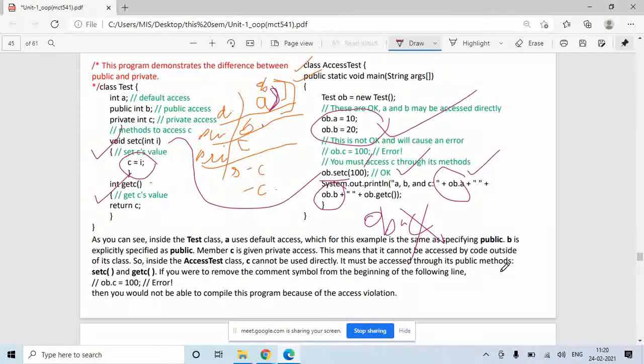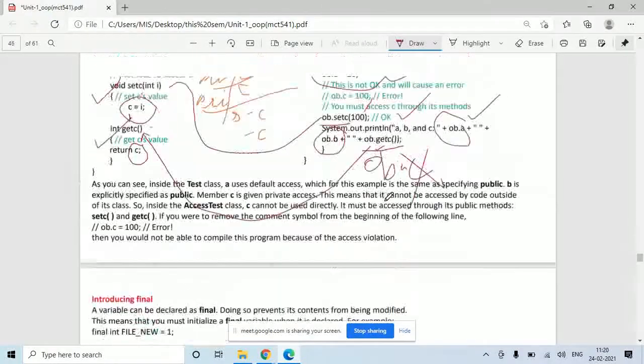If you want to access the value of c, you need to use this function getC. So you will write ob.getC. ob.getC is a function. When you call this ob.getC function, this function will return the value of c and it will get printed over here. This is how your private, public and default access specifiers will work.